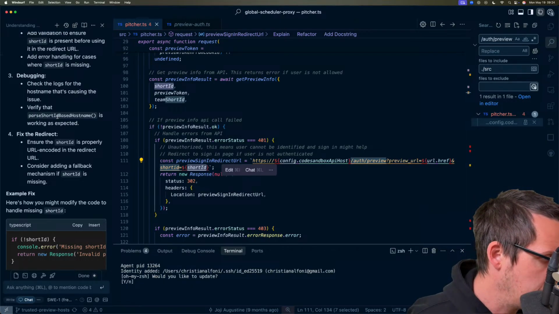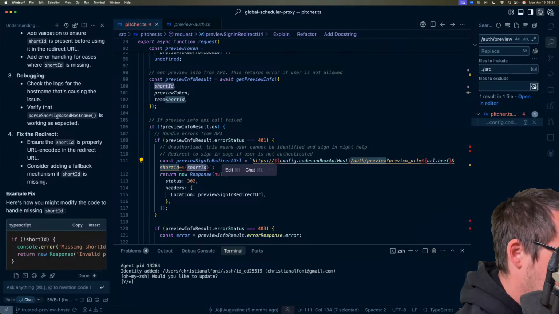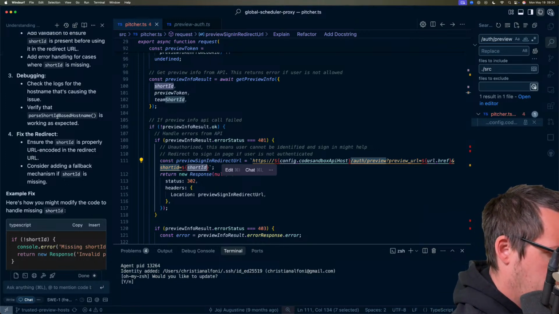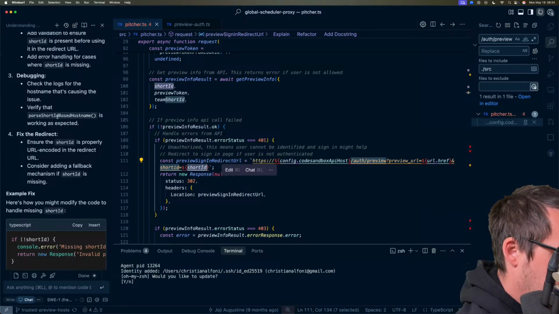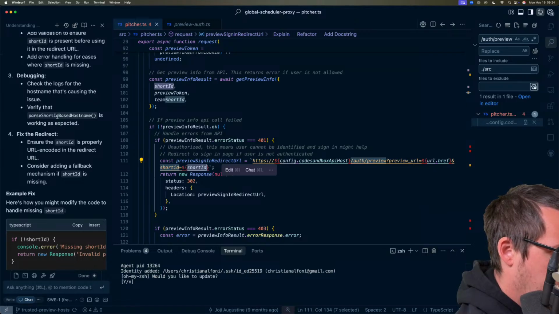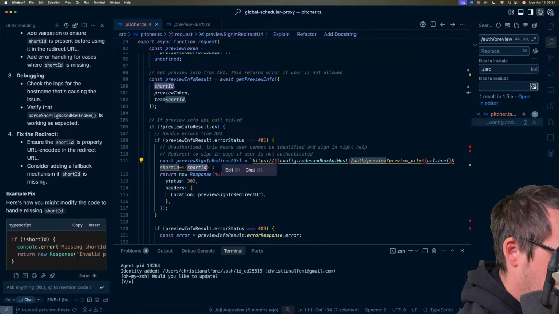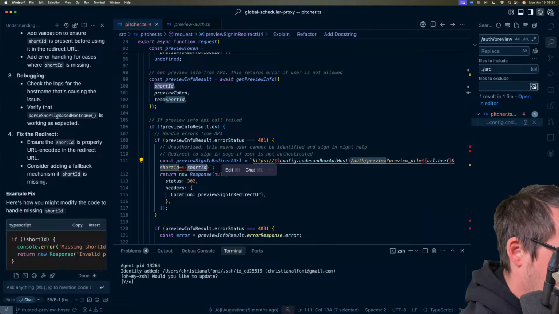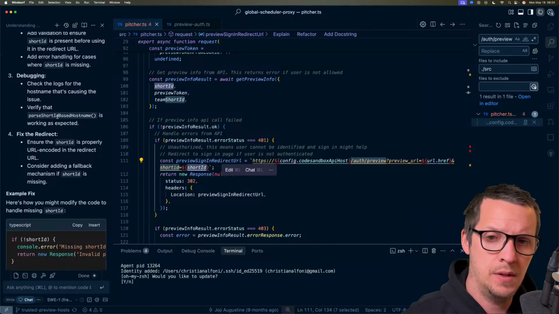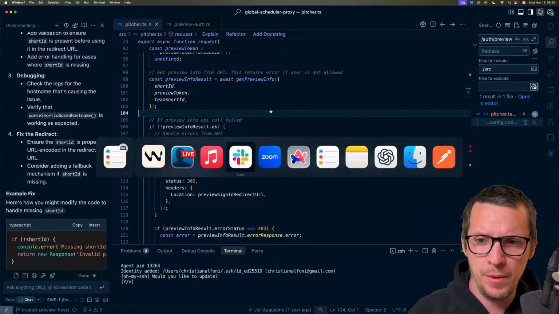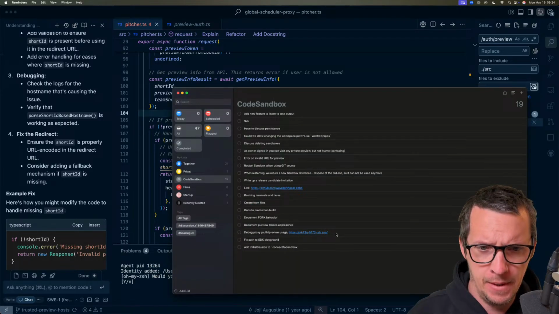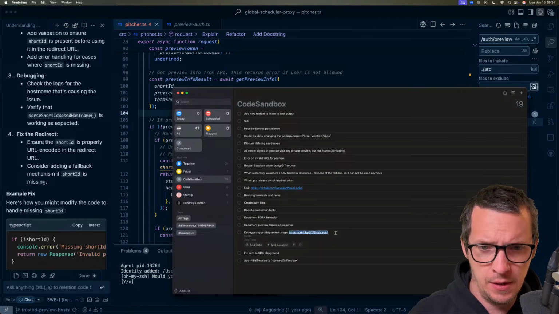Let's see, I'm just gonna take this URL, maybe I can put it in my notepad, or I'm gonna put it in my reminders and then hopefully it syncs. Let's see, does it pop up here? It did. So we're gonna check if this URL actually